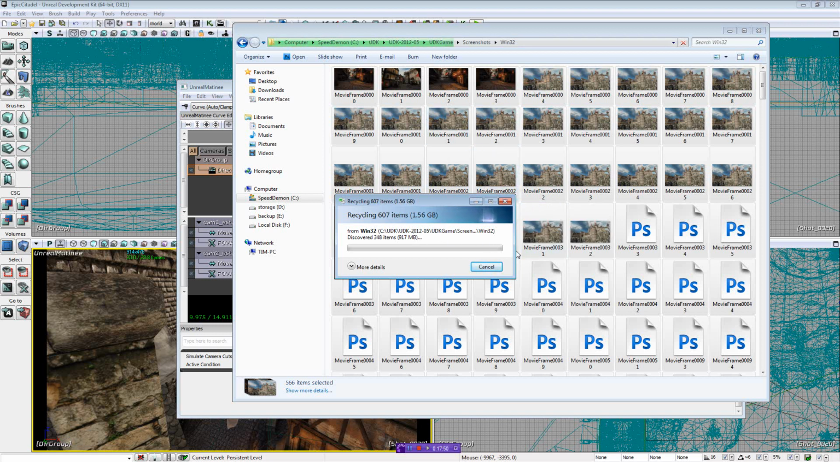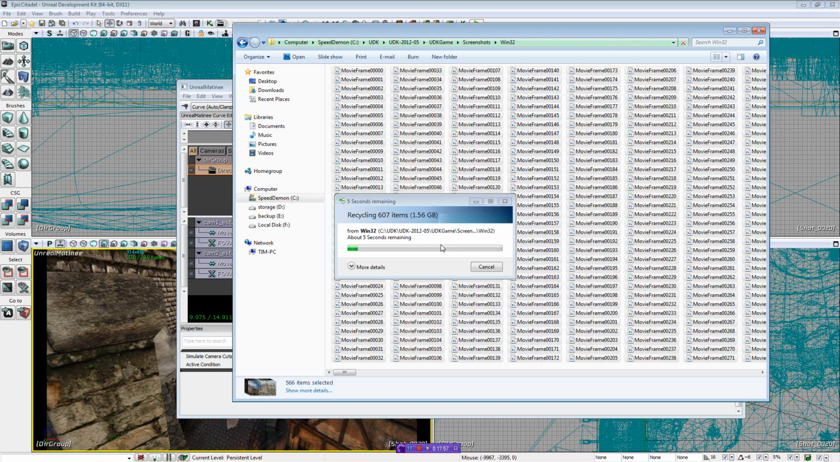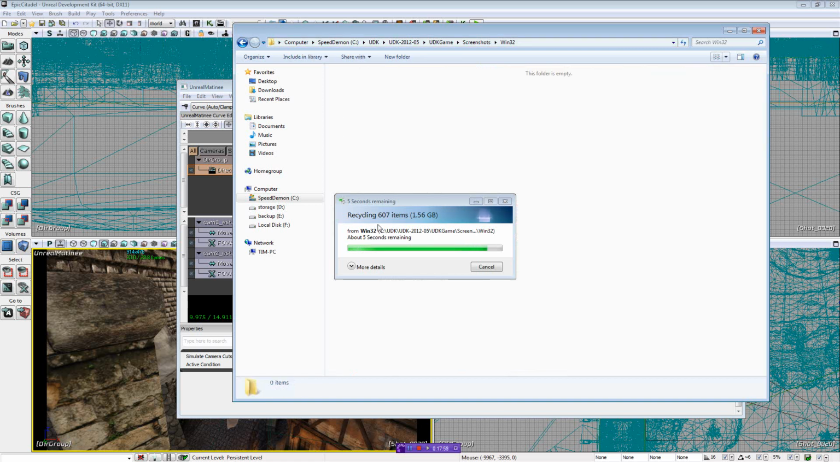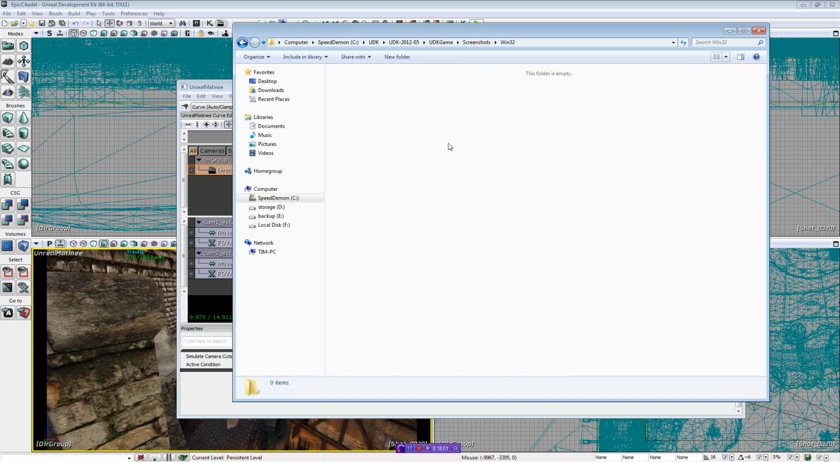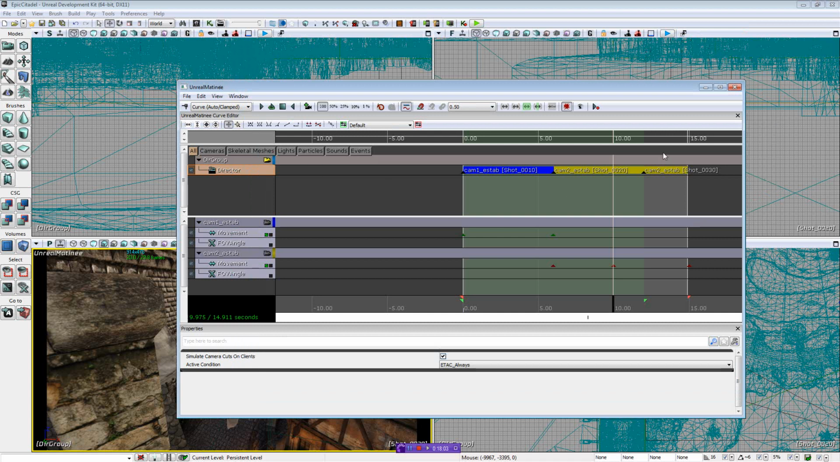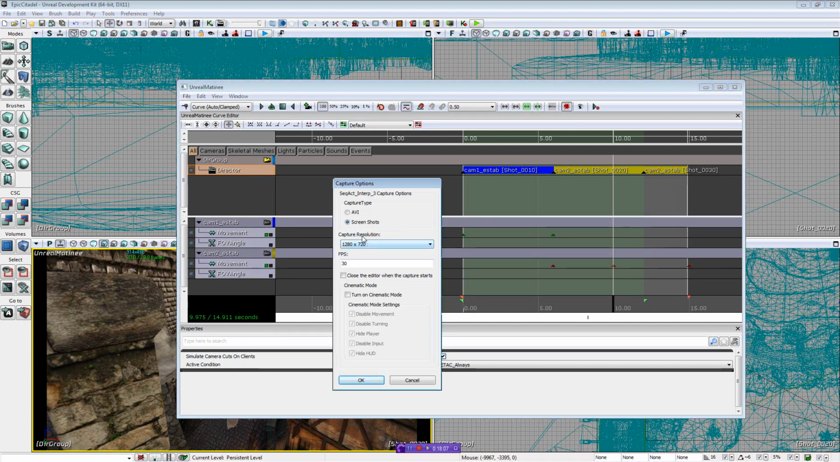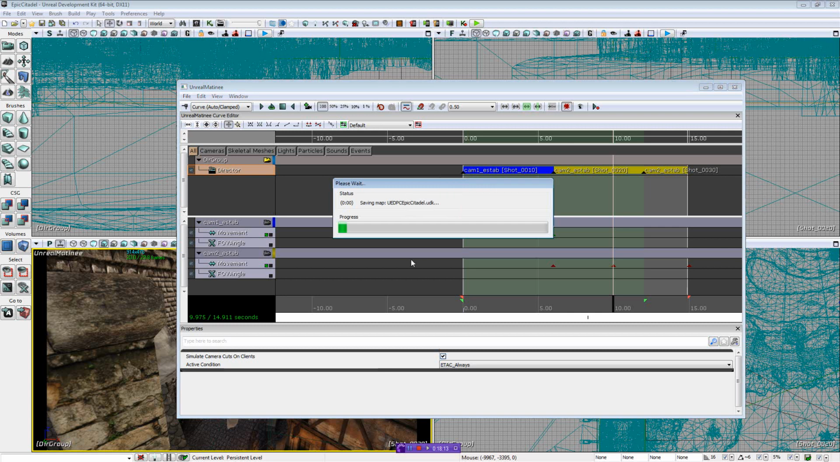If you output another movie, it will literally just keep adding on to the end. So if your first movie was 300 frames, it will start your next one at frame 301. Okay, so if we just hit this, and this time I'm going to do a lower resolution just for speed's sake,